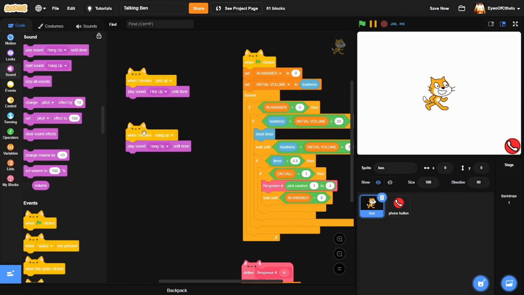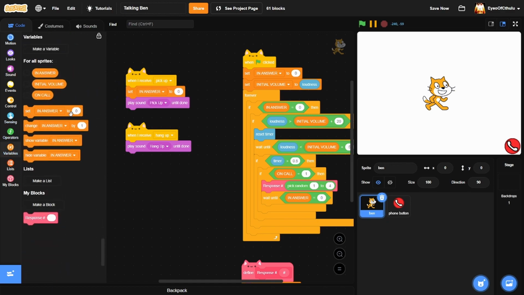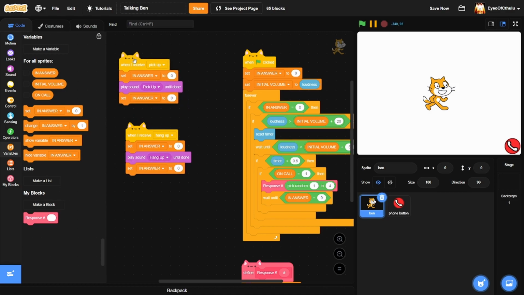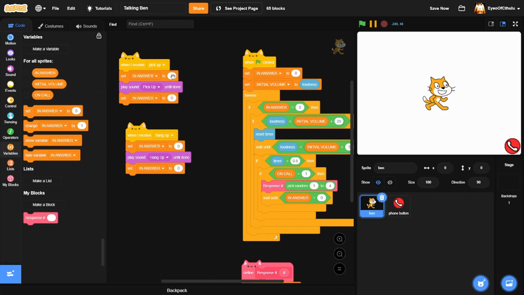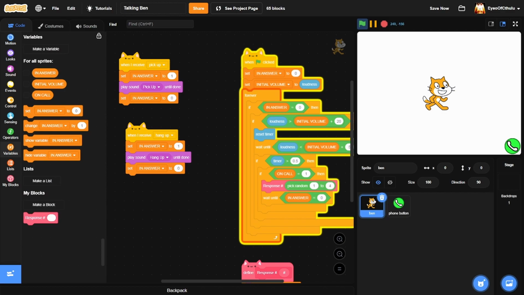And then what we have to do is go to set "in answer". We're just gonna wrap these play sound blocks in "in answer". So we're gonna set it to 1 and then 0 and then 1 and then 0. So as you can see, if I call,